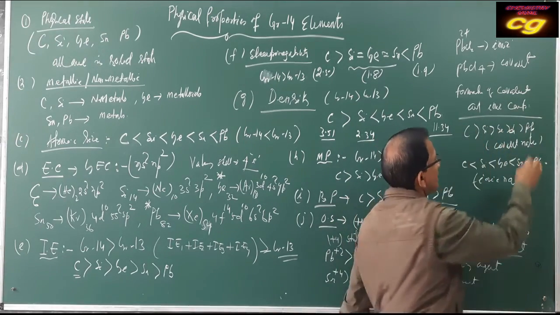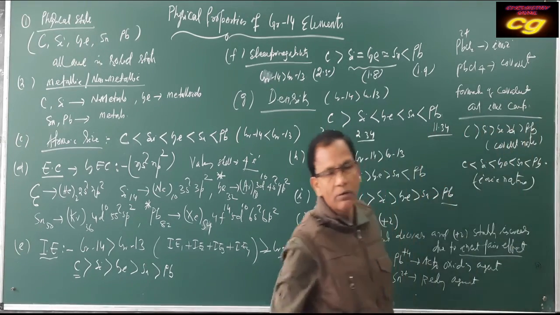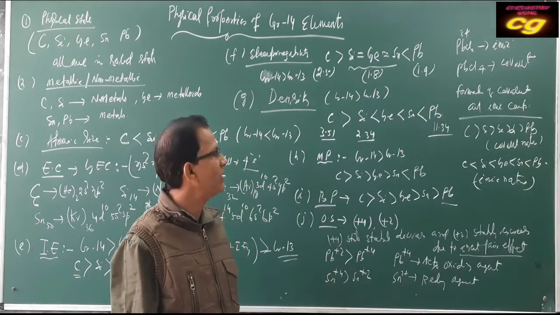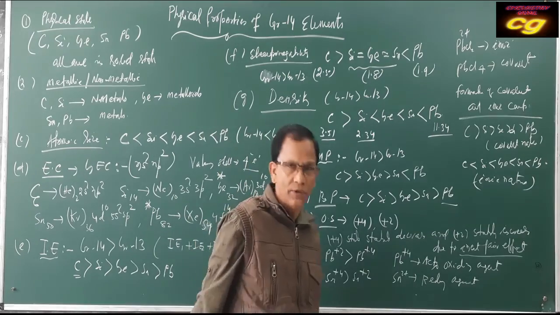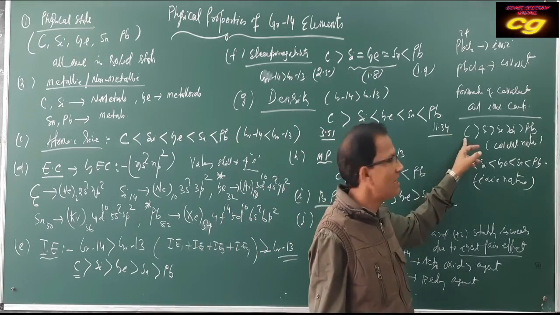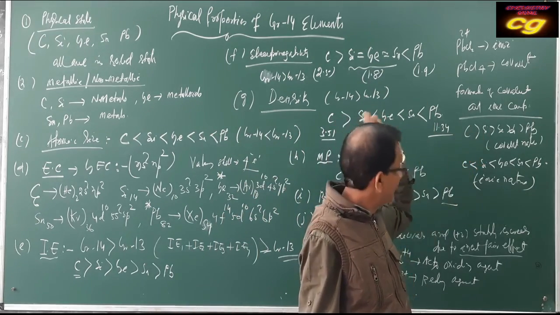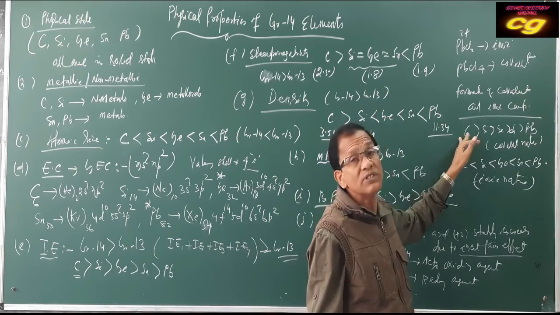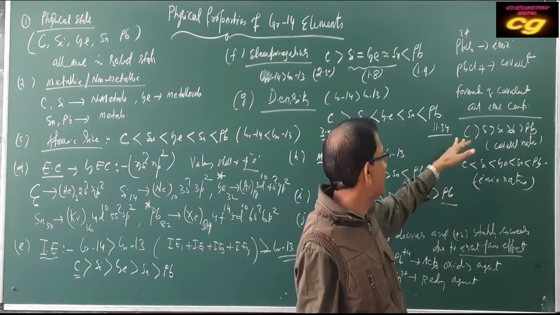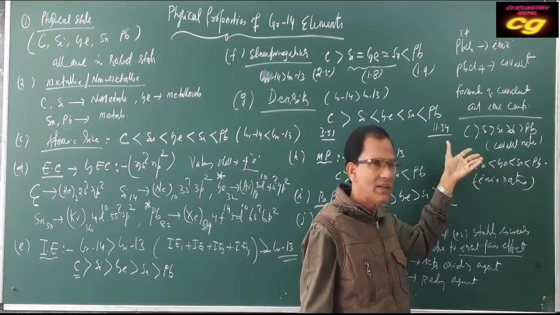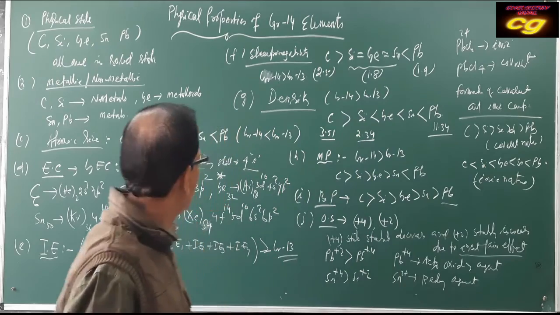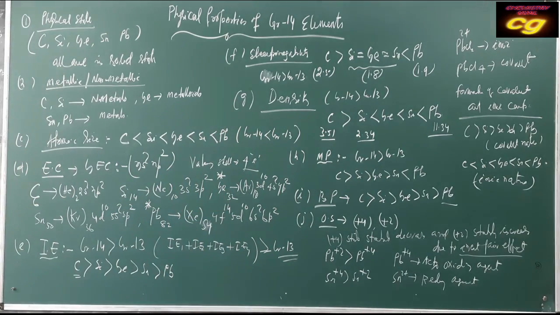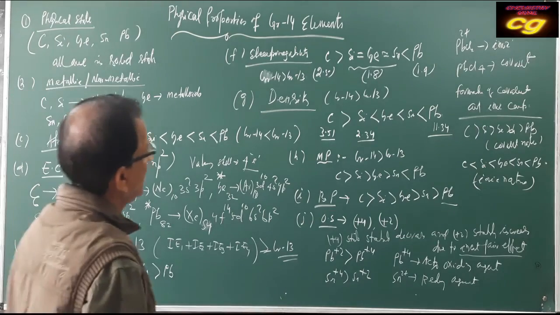Carbon has a tendency to form covalent compounds because it involves sharing of electrons; due to small size it cannot lose them. But under some conditions it also forms carbides. Some carbides also have ionic character, but we will discuss the properties of compounds of group 14 in the next class. So these are very important physical behaviors of the elements of group 14.